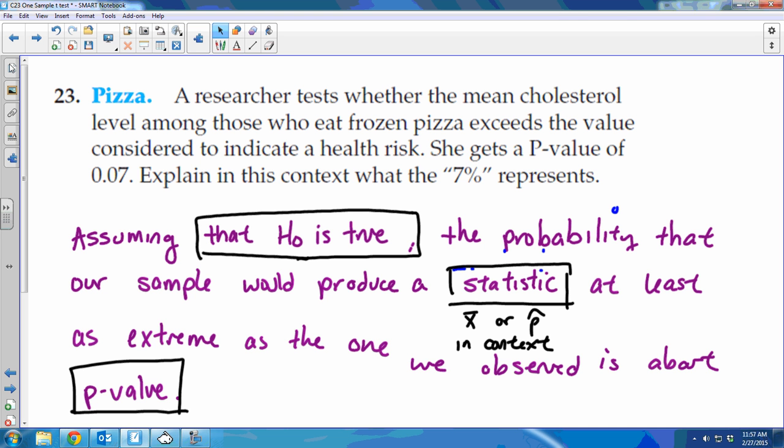I got a lot of conclusions and a lot of garbage that you guys made up that you thought sounded good for the rest of it. You're like, something about the null hypothesis is true and something percent of something. I don't know. Or you didn't write anything at all because you're like, I'm not even going to try to even get to that. I don't know. Okay? So again, a 3 is not bad,